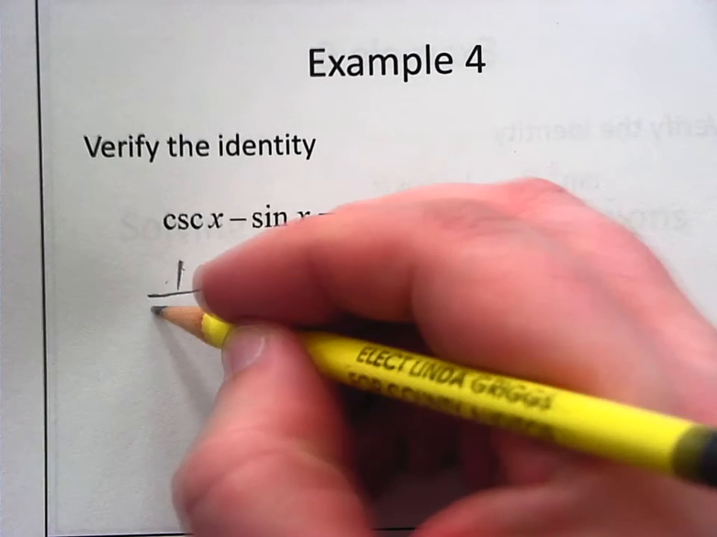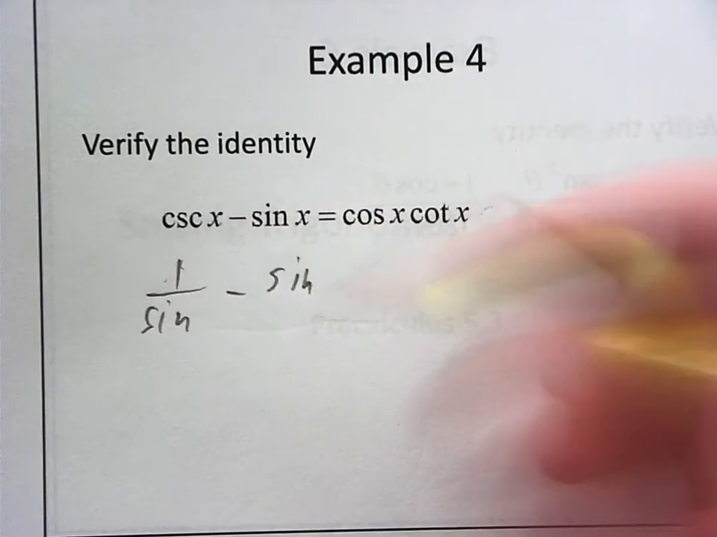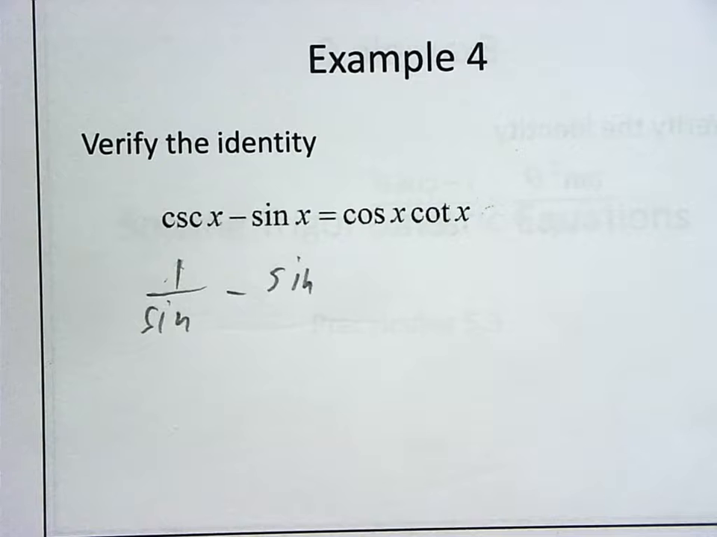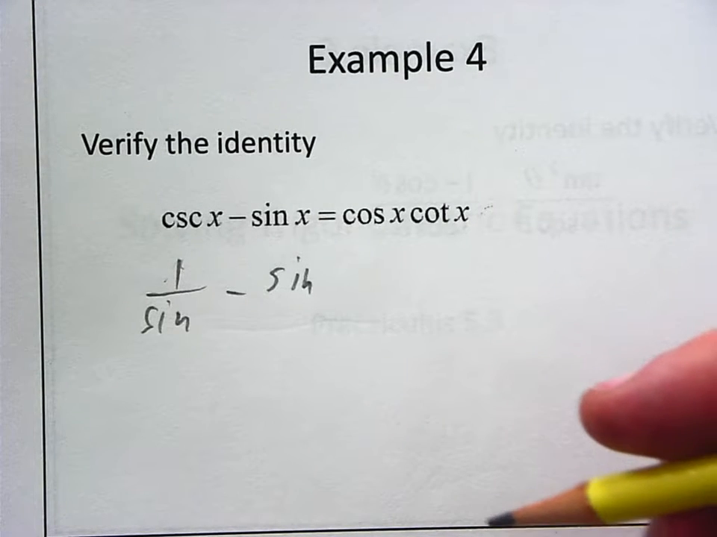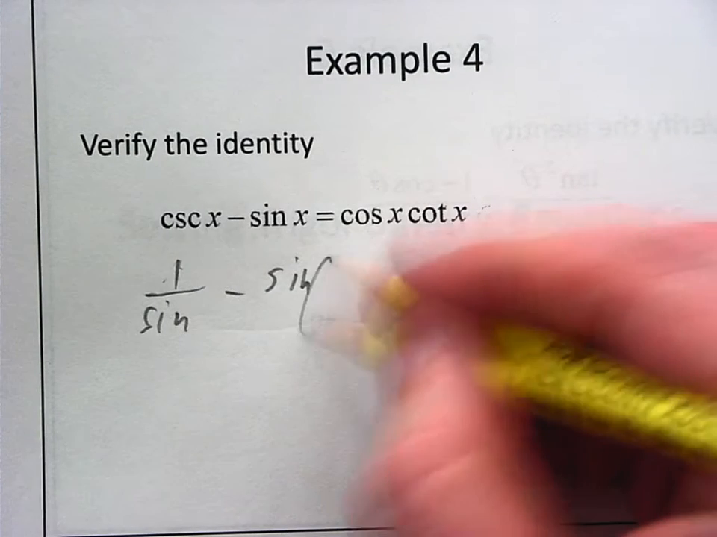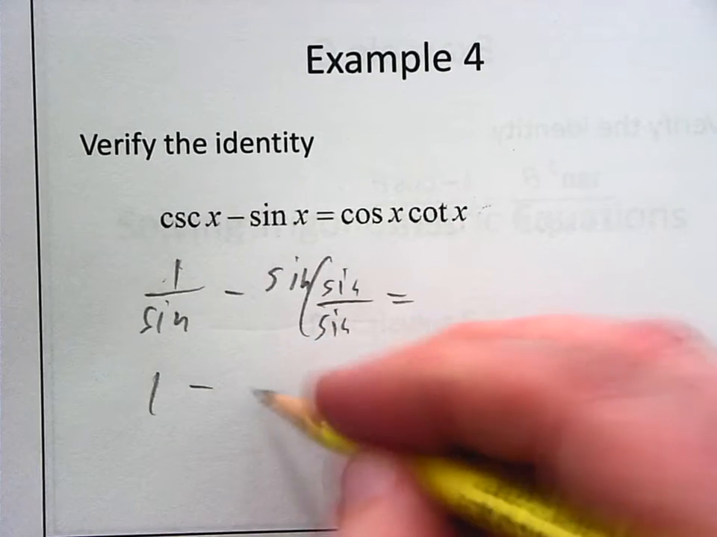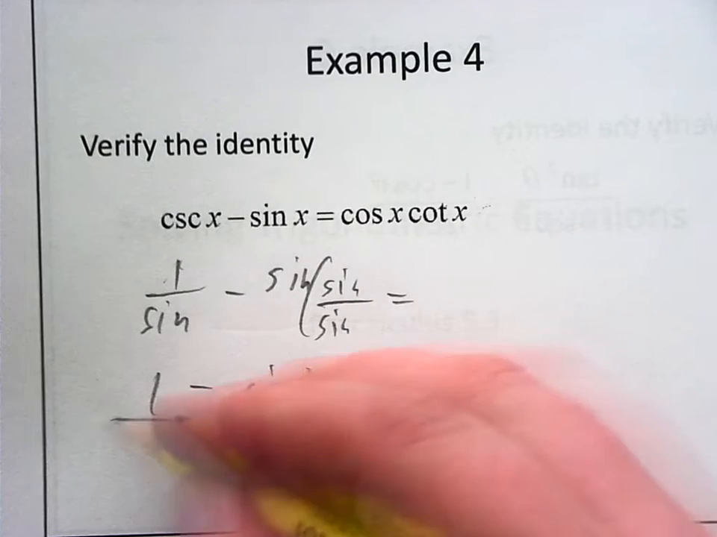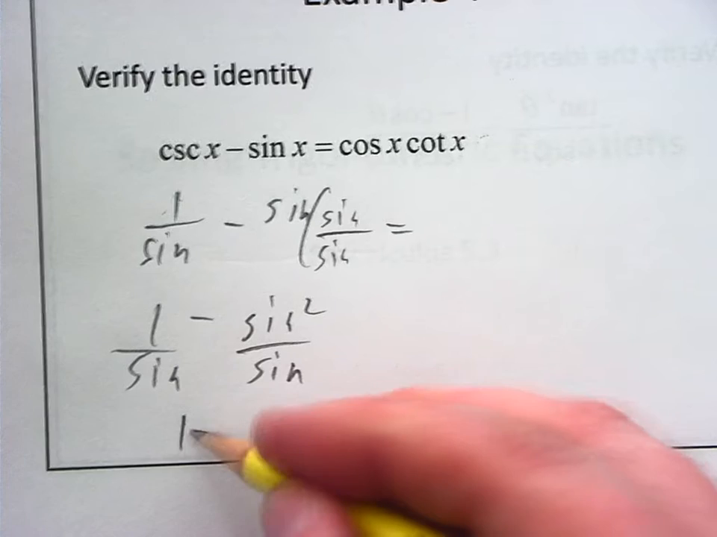Yeah, I would change cosecant to 1 over sine. So then if I'm going to subtract sine, multiply by sine. Multiply what by sine? The normal sine multiplied by sine over sine. So if I multiply this by sine over sine, that's going to give me 1 over sine minus sine squared over sine. So when I put that together,